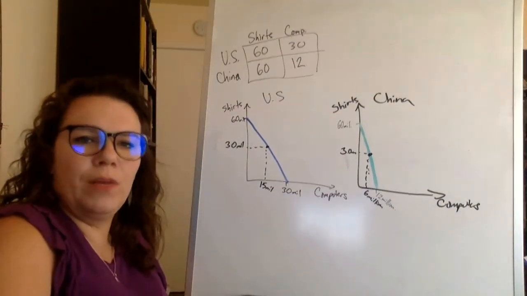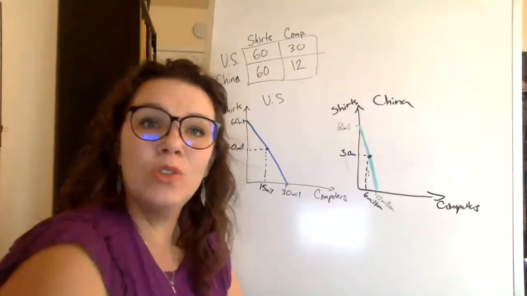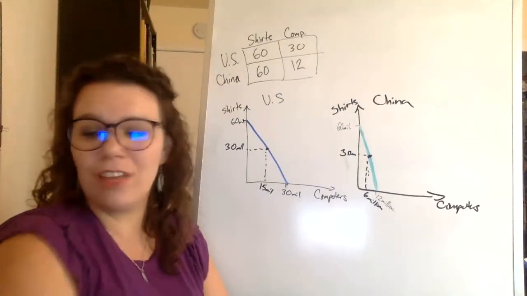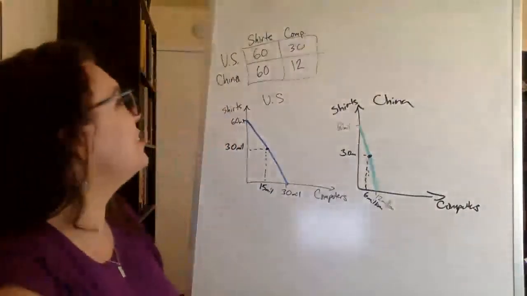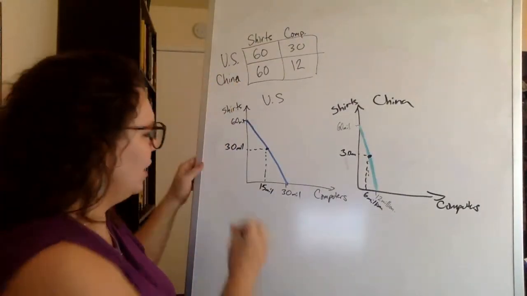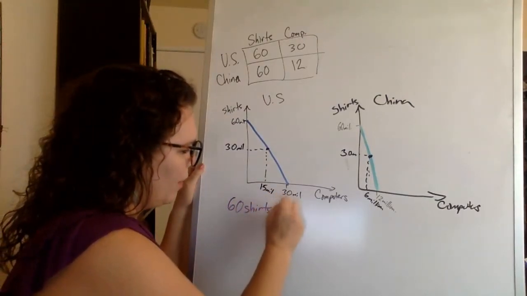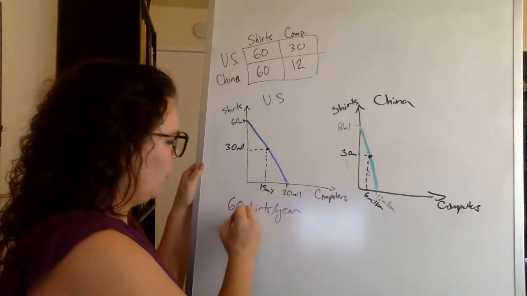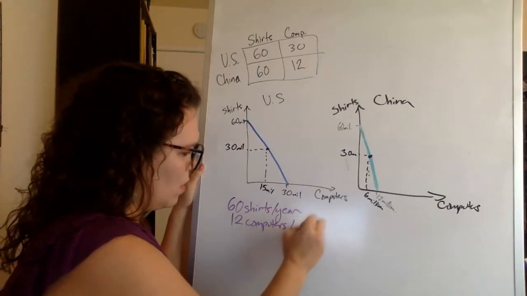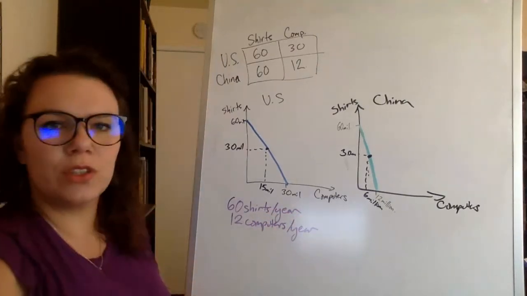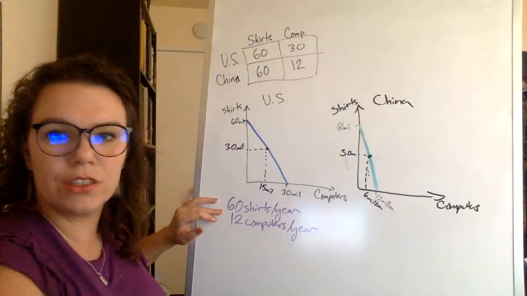If the countries were to open up to trade, who would export shirts and who would benefit from trade? To figure out who's going to export shirts, we have to find the comparative advantage in shirts. Oh my gosh, we have to calculate comparative advantage one last time. So if each worker in China could produce 60 shirts in a year, or 12 computers in a year,